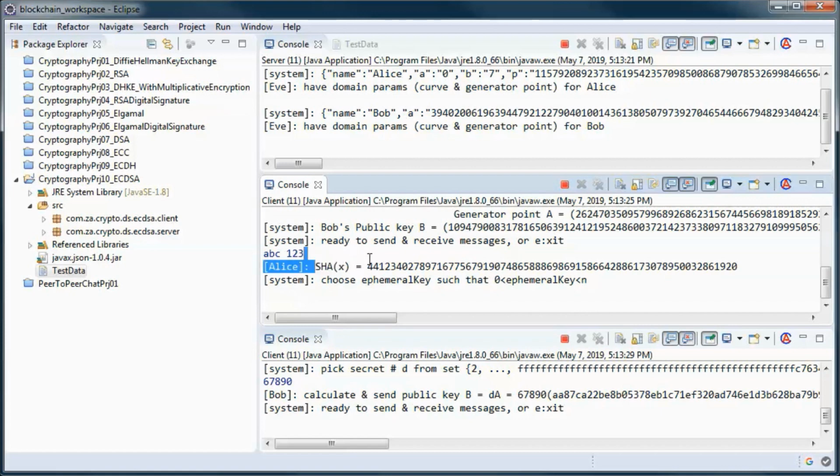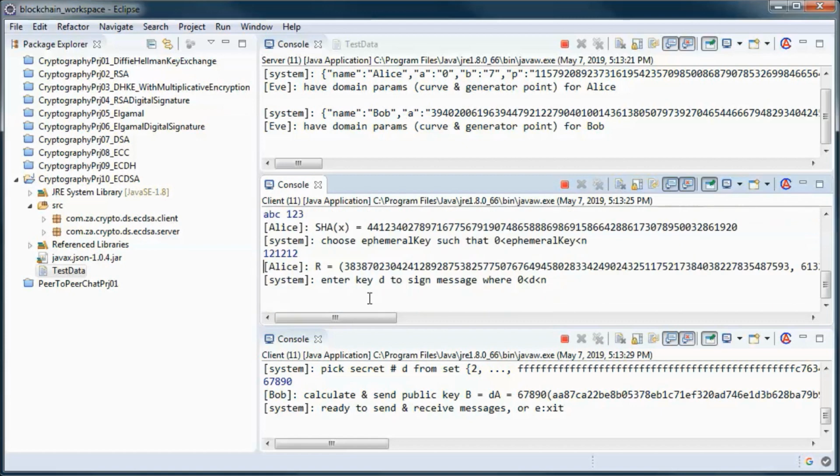So she hashes it. This is the hash. And let's say she picks this ephemeral key, and let's have her use a wrong key, so we added 7.